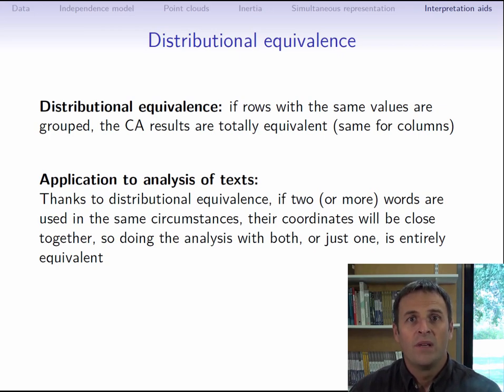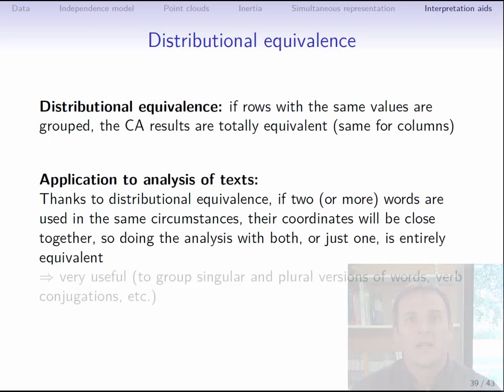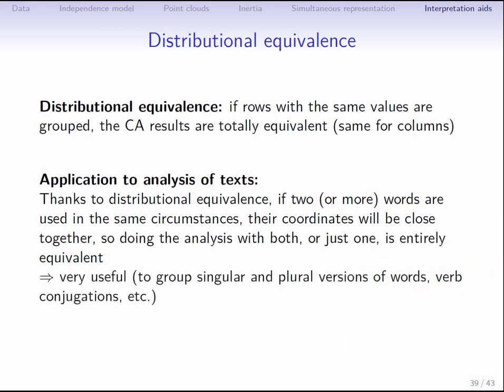This is extremely important in the analysis of lexical tables and calms the debate about whether or not we should group together singular and plural versions of words, verb conjugations, synonyms, etc. Due to their equivalent distributions, we know that these words will have the same profile. It doesn't matter if we group them together or not. And of course, if they don't have the same profile, they shouldn't be grouped together because they must be representing